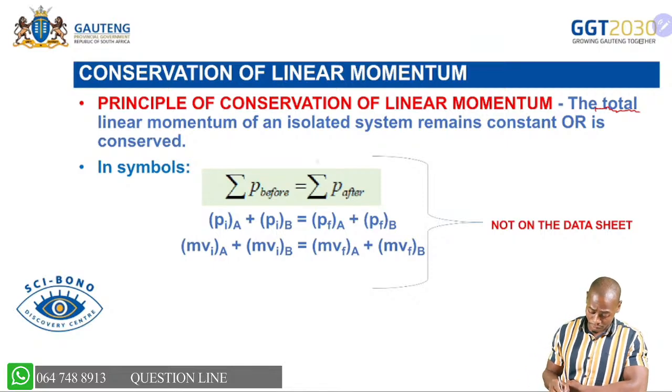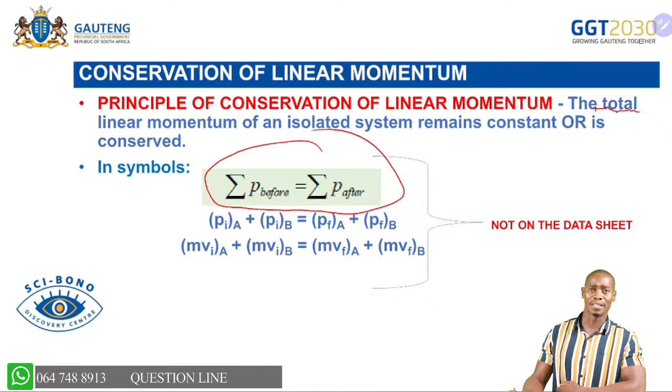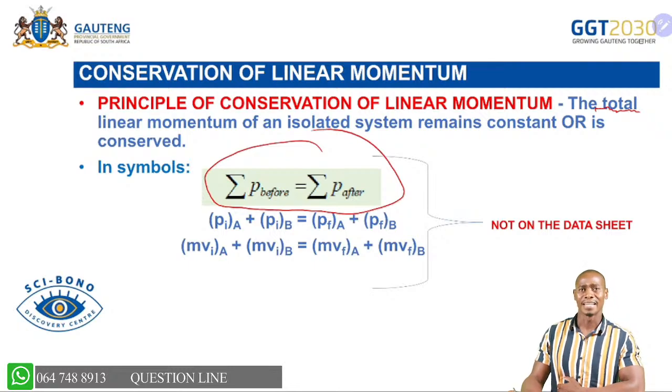Then in symbols, the sum of momentum before collision will be equal to the sum of momentum after collision. So what is equal here is the sum of momentum, right? So if, for example,